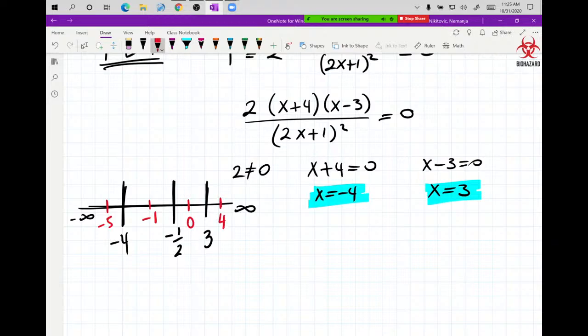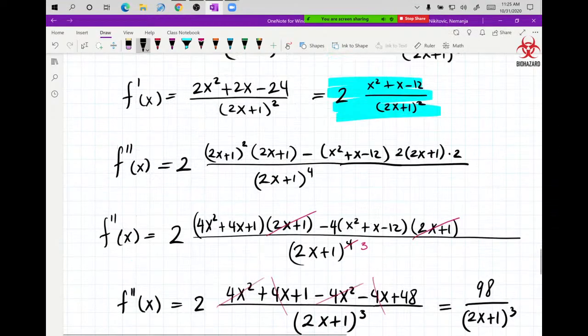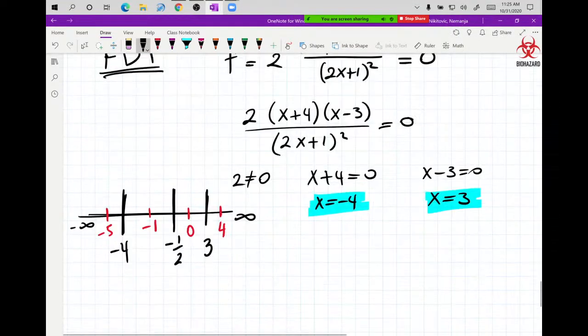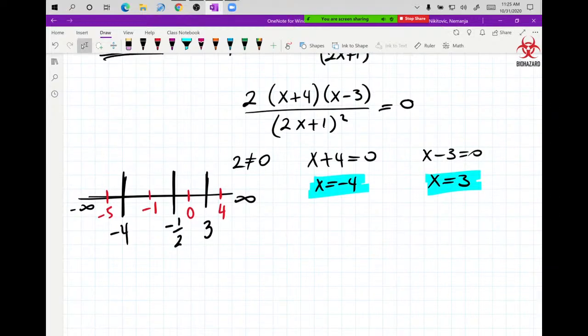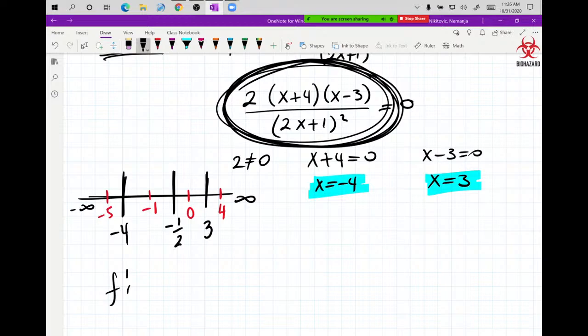And now we have our derivative. I'm actually going to use this here for the first derivative test because I don't want to compute this stuff. I just want to go and say f prime of -5 is